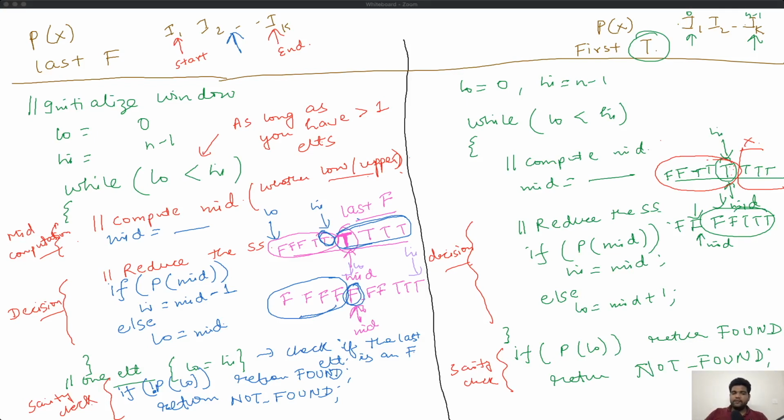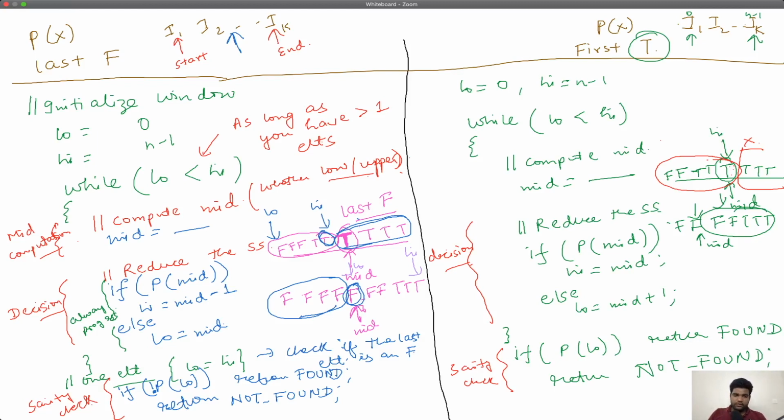Typically, if you see in this decision or in this control flow, one of the blocks is always progressing. What do I mean by always progressing? The search space is always reducing in size, because you are at least not keeping the mid.